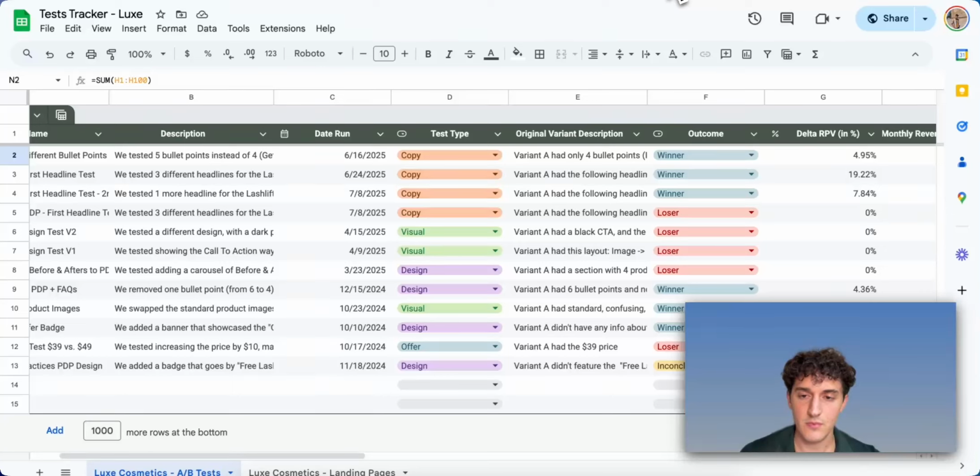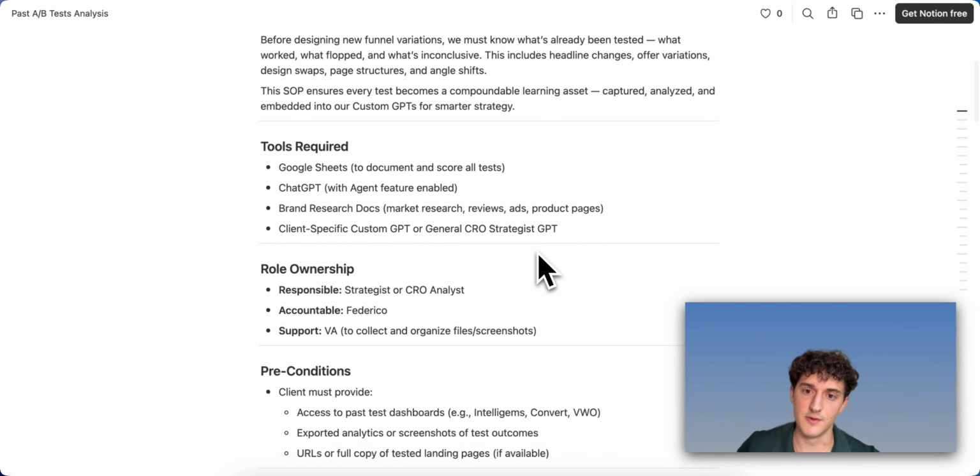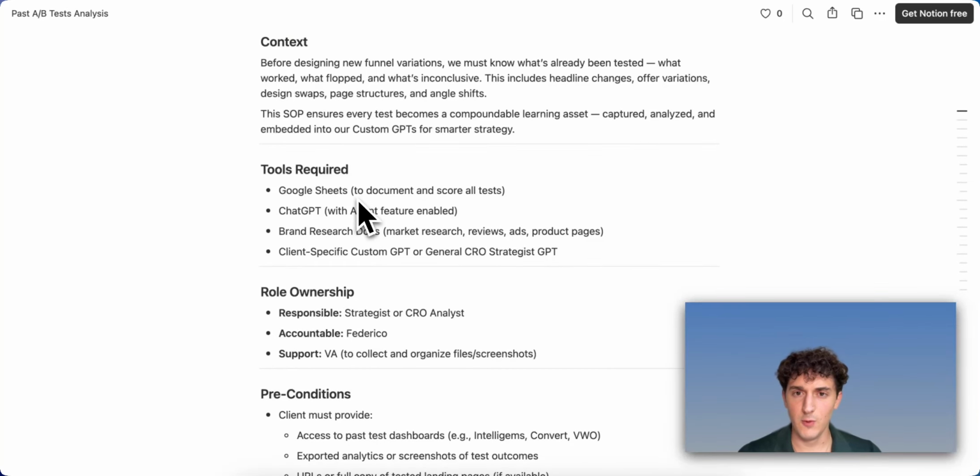with your tracking. Once you have this, we're now going to leverage ChatGPT's new agent feature to scrape everything and come up with a document that includes all the reports and breakdowns of this document here. So you're going to need these tools: Google Sheets, which is what we covered now, ChatGPT with the agent feature enabled, very important. Then if you want to do this the right way, you also need to have some research